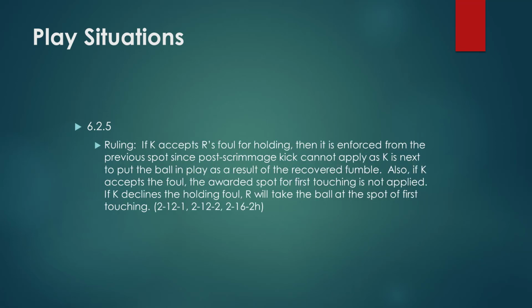If K accepts R's foul for holding, then it is enforced from the previous spot since post-scrimmage kick cannot apply, as Team K is next to put the ball in play as a result of the recovered fumble. Also, if K accepts the foul, the awarded spot for first touching is not applied. If K declines the holding foul, R will take the ball at the spot of first touching. And we have 212-1, 212-2, and